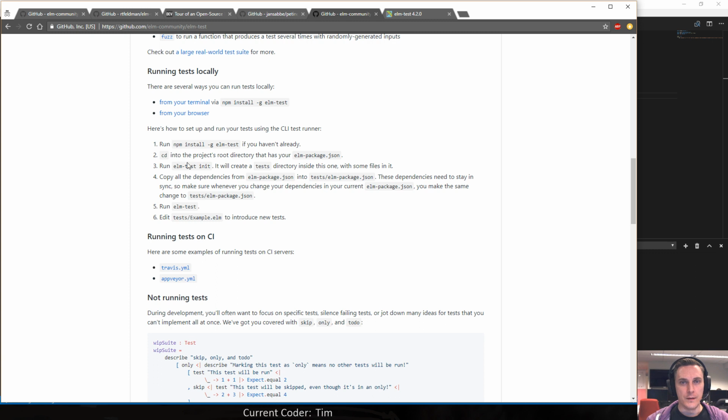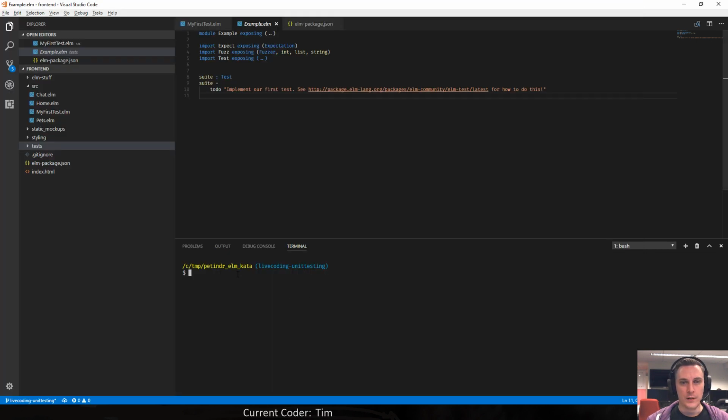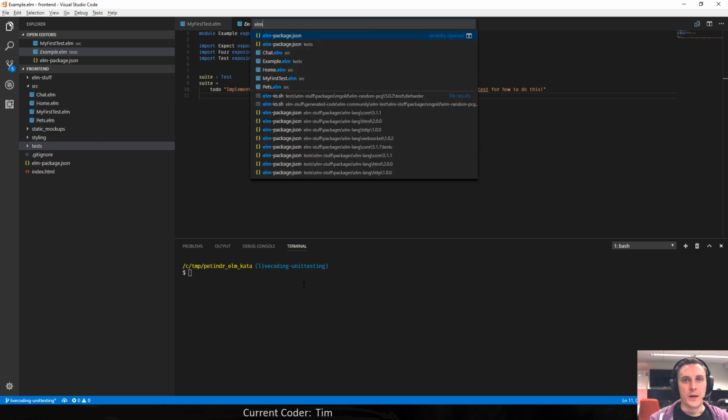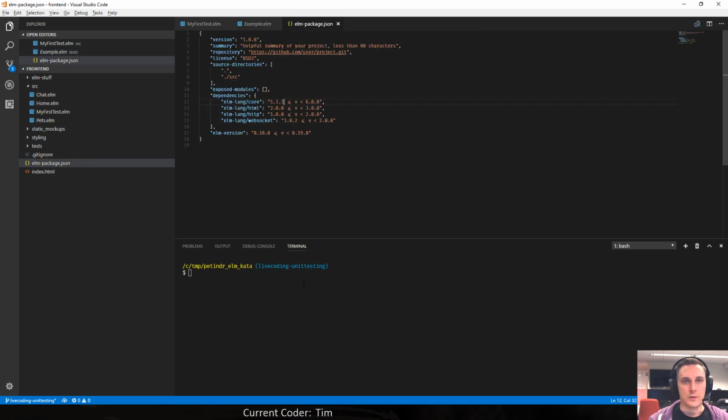There's that. So once you have globally installed the elm-test node package, you could navigate to your root directory that contains our elm package.json. So this one. This hasn't updated. Oh, wait.